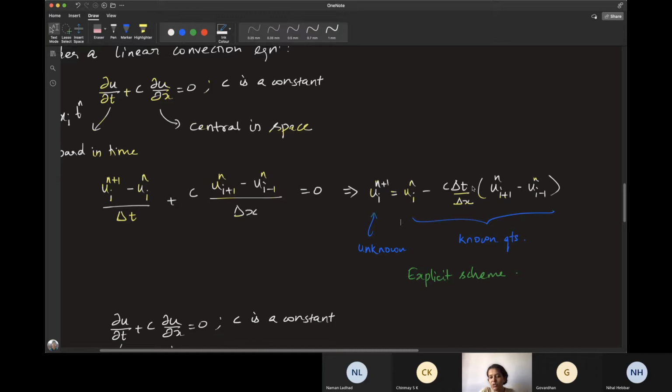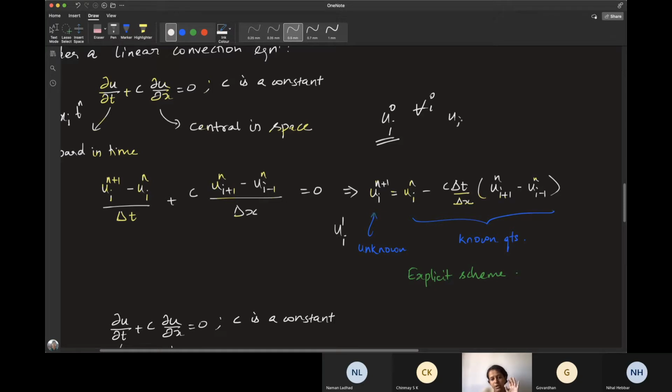Because if you are given a problem, you'll know what the values will be at the initial point. That is, if you're given some physical problem, you will be given the governing equation and you will be given initial and boundary conditions. So from the initial conditions, you will know what the value will be at each and every ui naught, say ui 0. At ui 0 you will know what the value will be. So if you know ui 0, it will be possible for you to find ui 1 from this expression. This is for all i, okay?